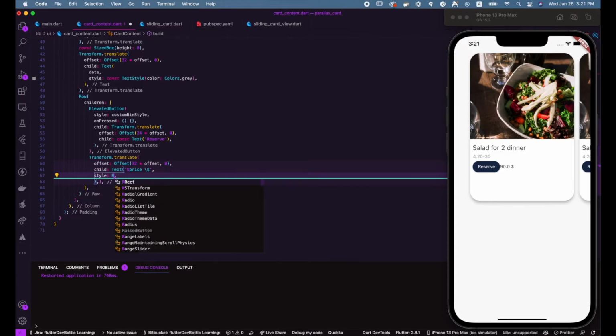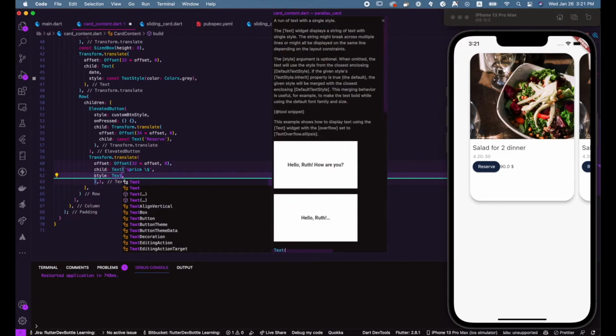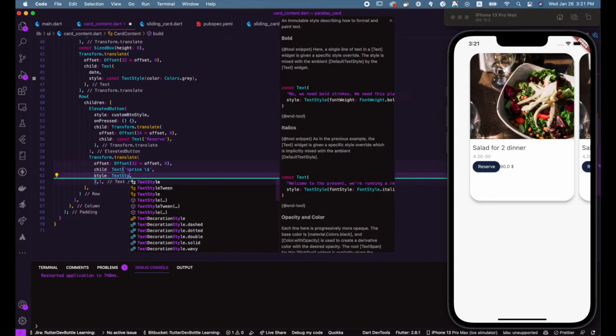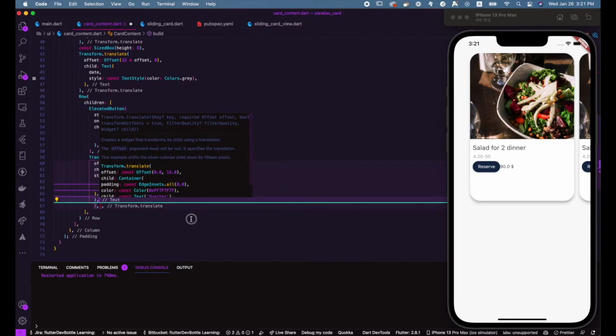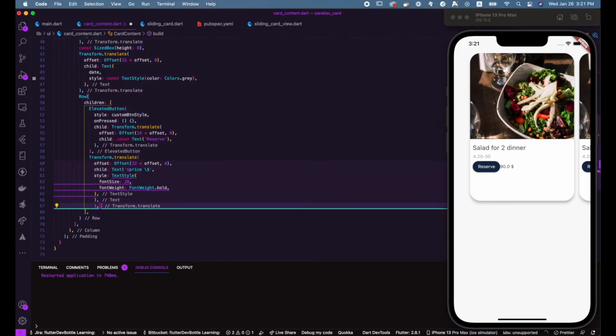And we are adding a text style with a font size of 20 and a font weight bold, and above the transform.translate,